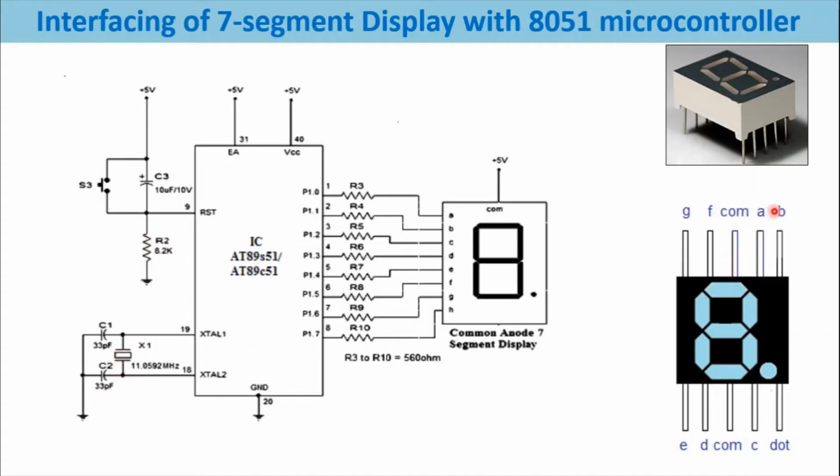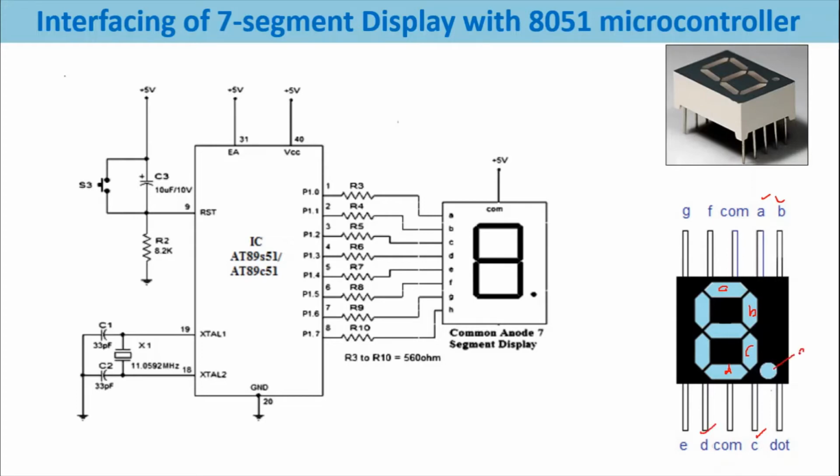This is the pin configuration of a single digit LED 7 segment display. It consists of 10 pins. The upper pins are A, B, because this terminal is A. This is A segment. This is B segment. So these two pins are brought outside here. This is C segment. This is D segment. So C and D pins are brought outside.